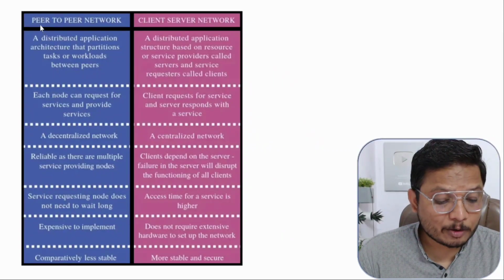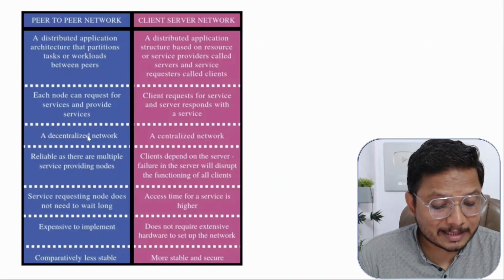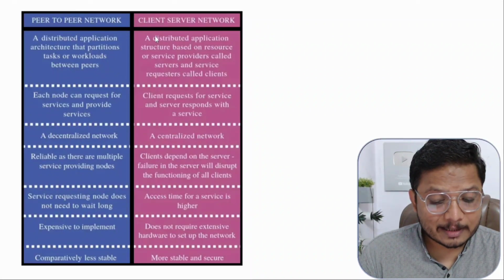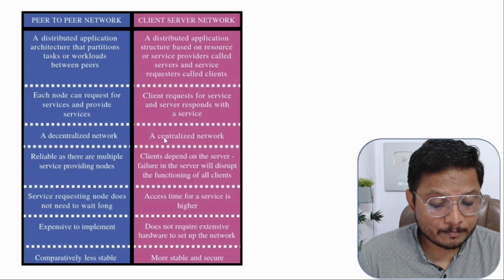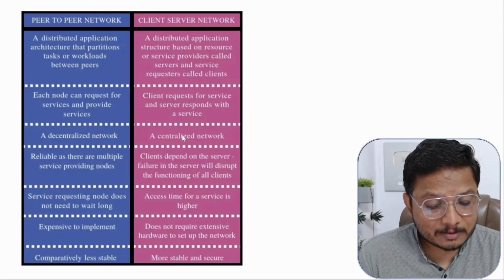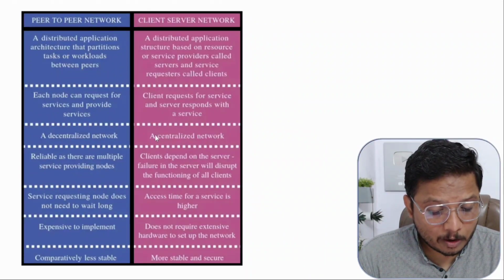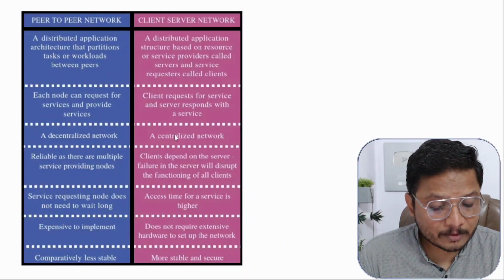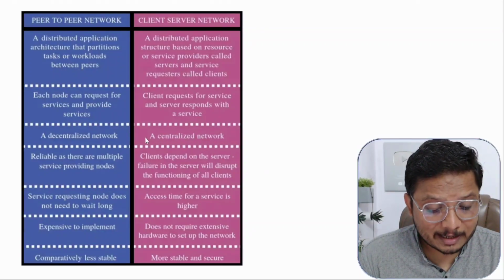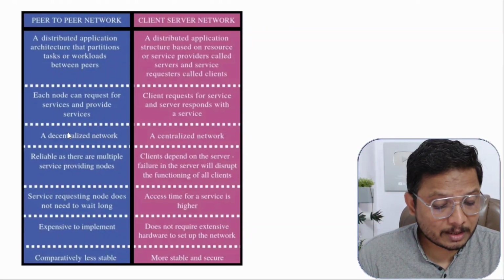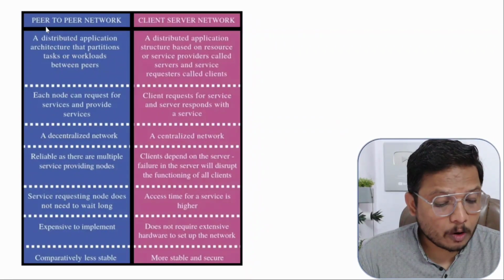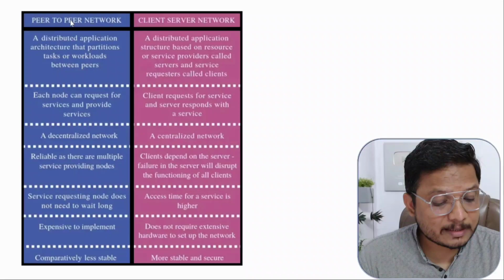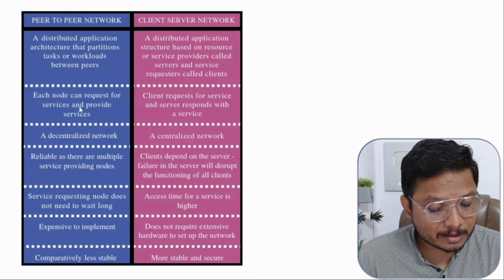You can say peer-to-peer network is a decentralized network, while client-server network is a centralized network. And that centralization is happening with respect to the server, right? So here resource management, workload management, all those things will be done by the server. That's why it is a centralized network. While here, this is a decentralized network. Why? The reason is all the peers can ask for the services and all the peers can deliver the services,